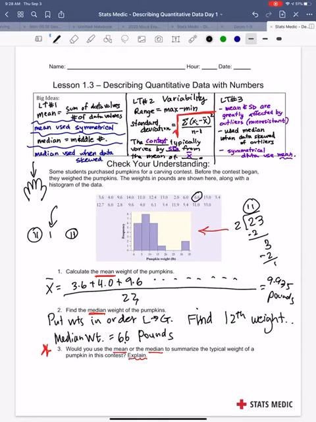All right, then it said, would you use the mean or the median to summarize the data? So based on the information we said here, I'm really, really hoping that you said I would use the mean. Not mean, no, right? This is skewed. So I'm going to use the median. Just kidding, right? Median. Because the distribution